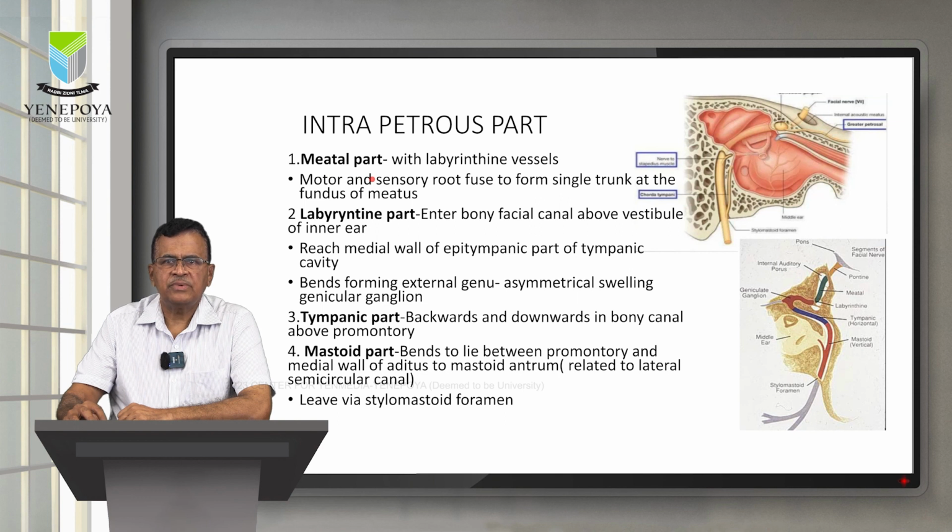where it is accompanied by the 8th cranial nerve till it reaches the bottom of the internal acoustic meatus, where you have a thin plate of bone called the fundus, which separates the internal auditory canal from the inner ear. That is where the 8th cranial nerve is going to terminate by supplying the inner ear,